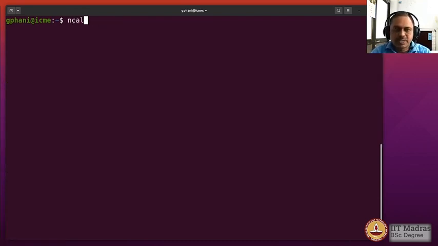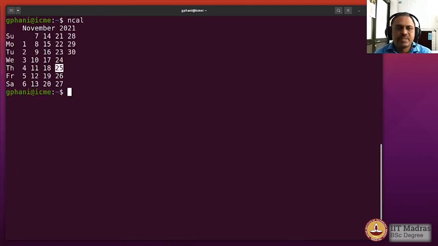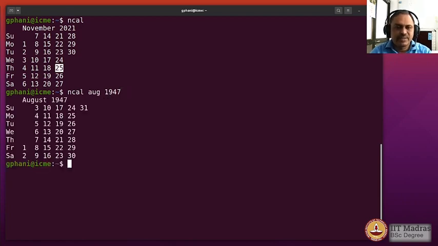Now you could also display the calendar in other formats. So you have the direction changed now. ncal would be a command which would give you the calendar in a different orientation, which may be more useful for you depending upon the way you are used to looking at the calendar formats. And the options would still work the same way. ncal and then let us say August 1947, it would show you the calendar for that month in the different display orientation.